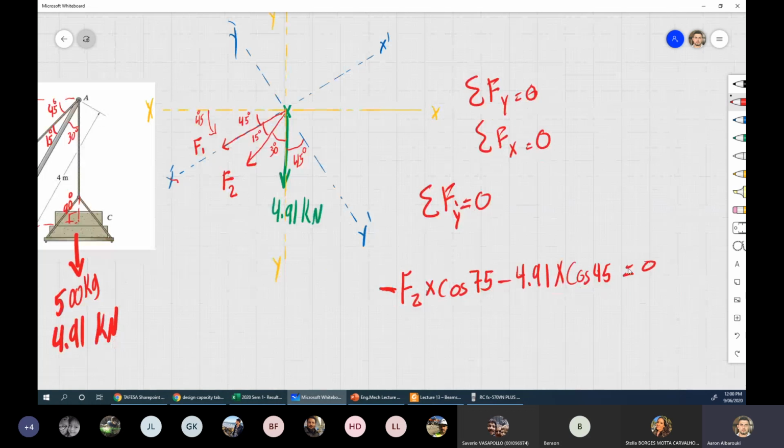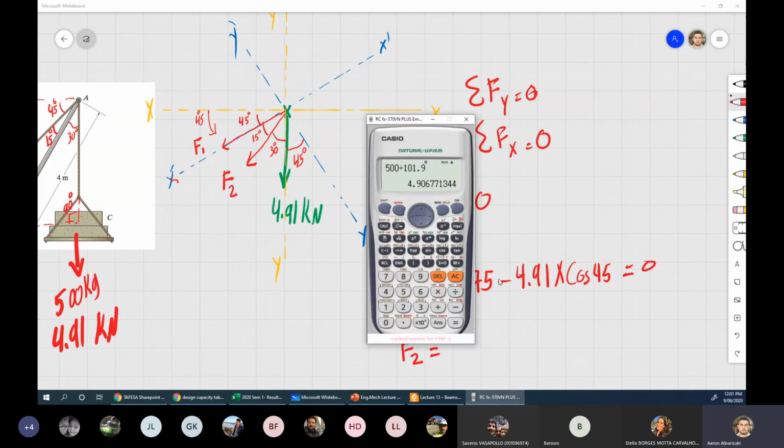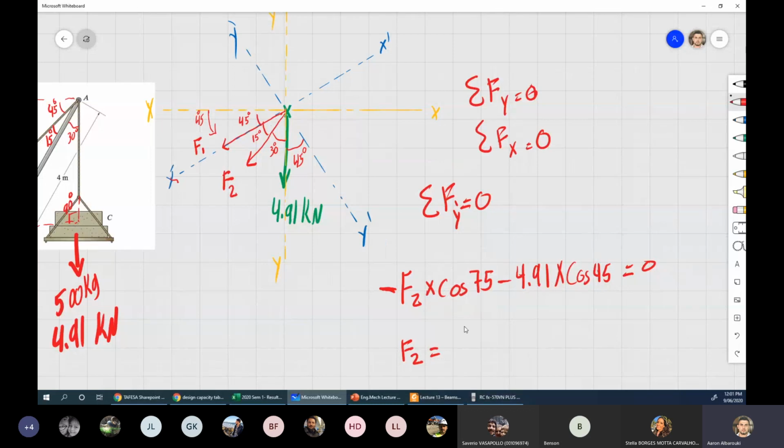This equals 0, that means F2 equals that divided by cosine 75. Obviously, this will be positive when I move it. Let me write it down. So all of this will be positive after I move it to the other side. So it will be 4.91 times cosine 45 divided by negative cosine 75, and that will equal to